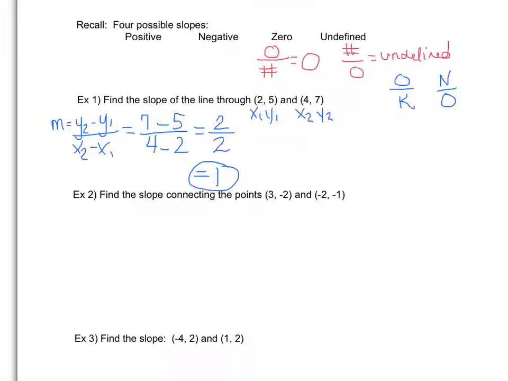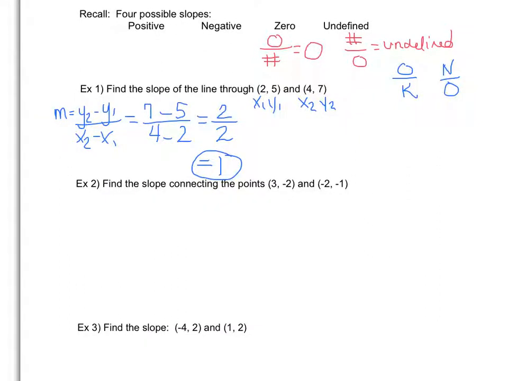Looking at the second example, I'm going to do the same thing. I'm going to go ahead and have an x1 and a y1, an x2 and a y2. And I'm going to go ahead and say that my slope is equal to y2 minus y1 over x2 minus x1. And then I'm going to sub in. I'm going to put in negative 1 in the y2 position, negative 2 in the y1 position, negative 2 in the x2, and 3 in the x1, giving me